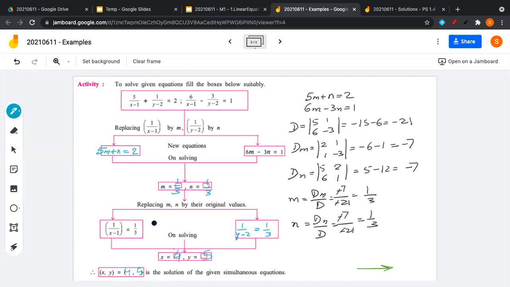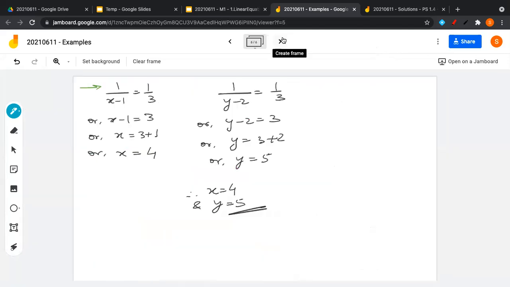Nothing difficult. And having good practice of this is necessary, because when we go to the final part of the chapter, when we look at word problems from real life, some of the word problems will not translate into linear equations. Some will translate into non-linear equations. So then we can use this technique to convert those non-linear equations into linear equations and solve.